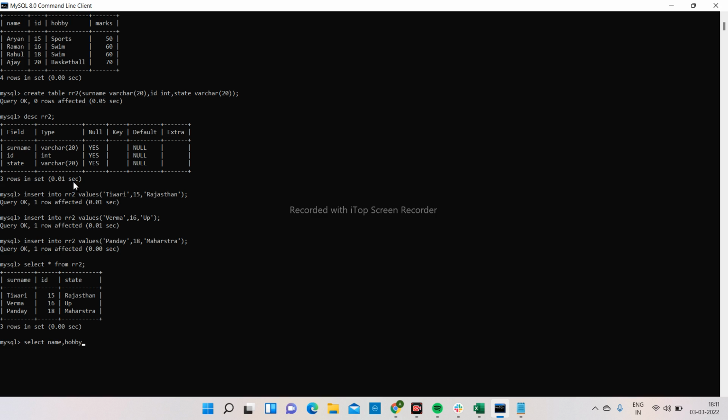So if I say name comma hobby, you can see they are present in the first table. Okay, and I also want surname, and state. These columns are present in the second table. So I want columns from both tables. From, first you need to write the table name. The first table name is RR1. Then you need to write which join you are using. I am using inner join. Then you need to write the second table name, that is RR2, and then you will use a fancy keyword